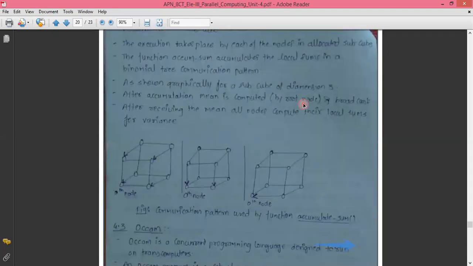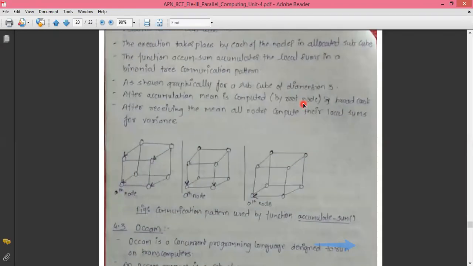Suppose there are 16 nodes in a cube. Then how much is the dimension? It is 2 raised to the power how much that makes it 16? 2 raised to the power 4 makes it 16. And we'll go by this. As we increase the value of n, we increase the dimensions, and with the dimension, we increase the size of the structure of the cube as well. The more the size, the more processes there are, and more processes means faster execution.